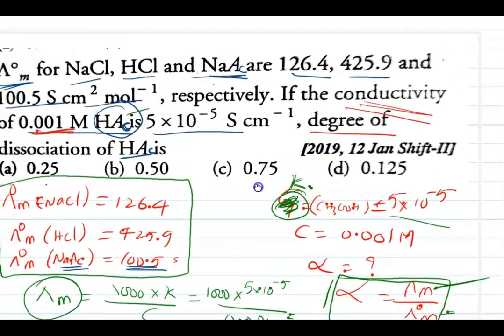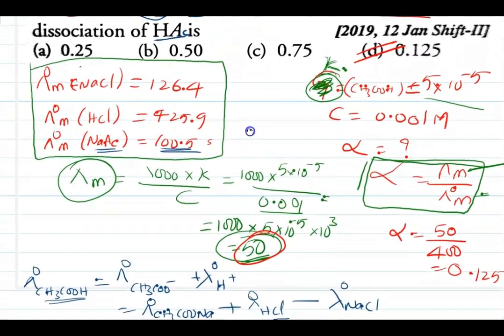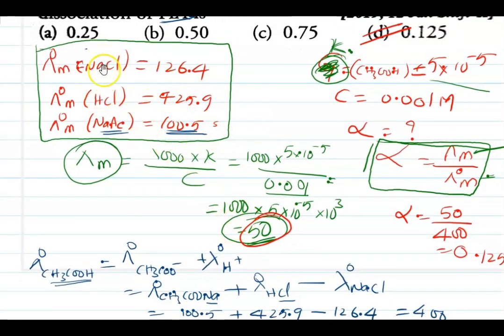So it is actually a very easy question, but what he has done is mix up two concepts. He has mixed up the concept of limiting molar conductivity from Kohlrausch law, where limiting molar conductivity of strong electrolytes is given, and he asked for the weak electrolyte. Then he has given kappa, that is specific conductance, and you need to calculate lambda. Then he asked for the degree of dissociation, that is lambda m by lambda naught m. First lambda